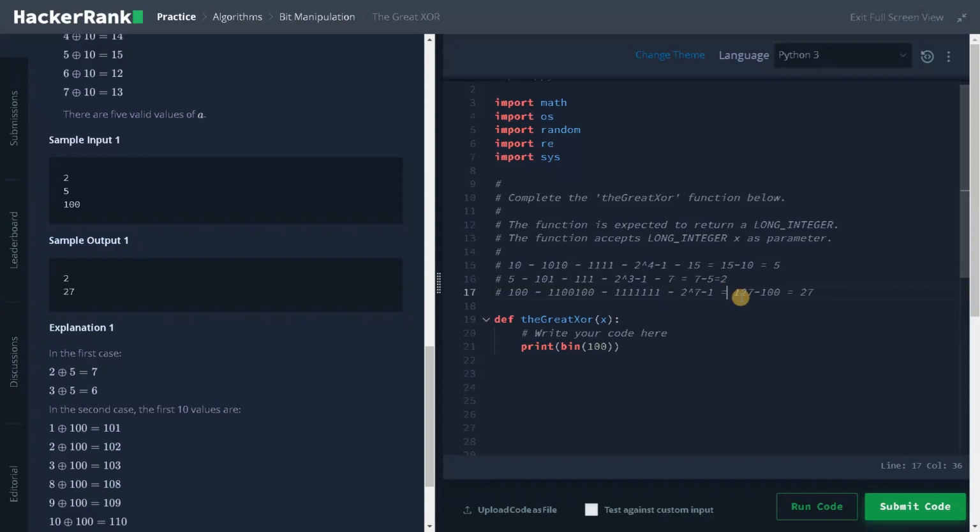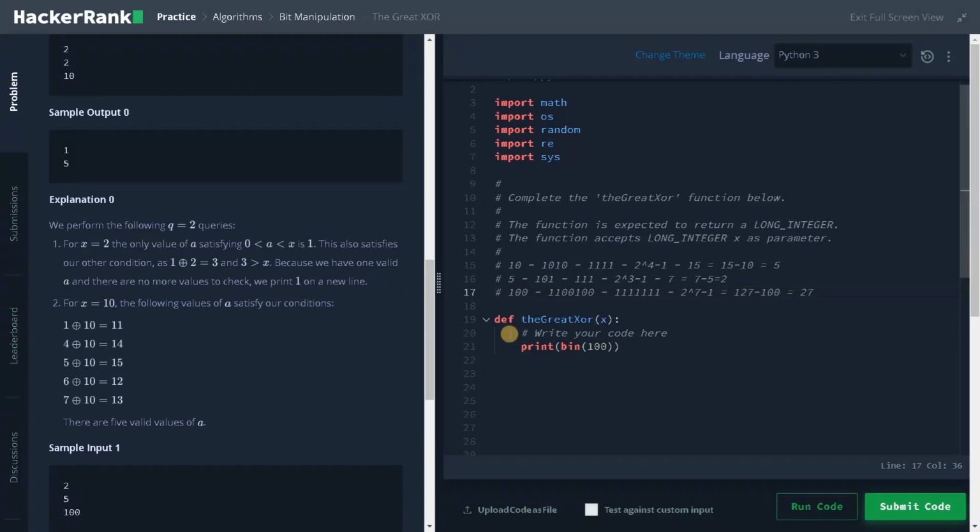So as you can see, we already figured out the logic with the sample inputs itself. That's how you can easily figure out the patterns. So here I already mentioned two logics. One is using the set bits and another one is using the powers of 2 and using the minus of 1. So now let's dive into the problem.